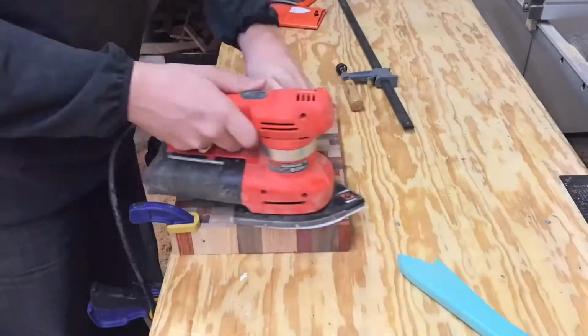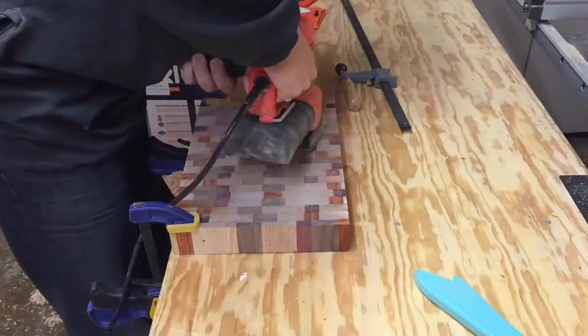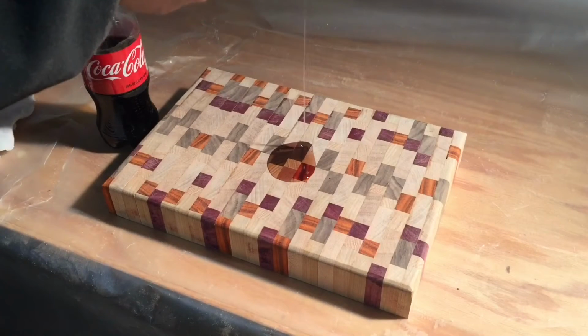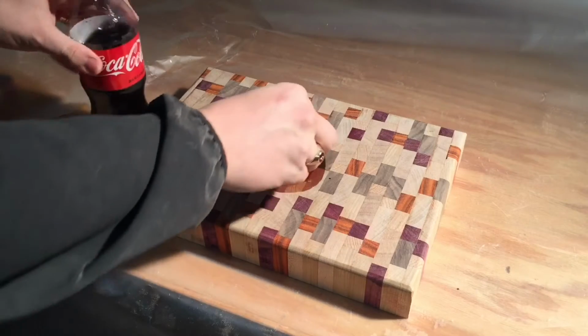All that was left to do at this point was to sand it a couple times on the face to get it nice and smooth, and then I took it to the router and I just did a 1/4-inch route over the edges. After taking some nice sticky cheesecloth to the whole board, I went and I got some nice